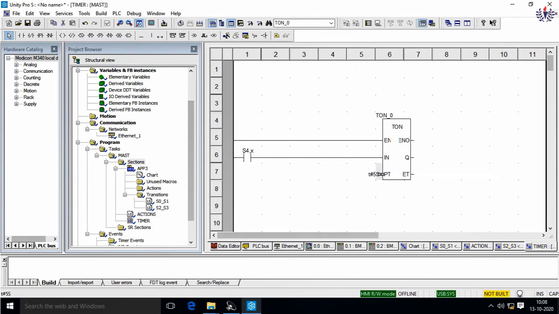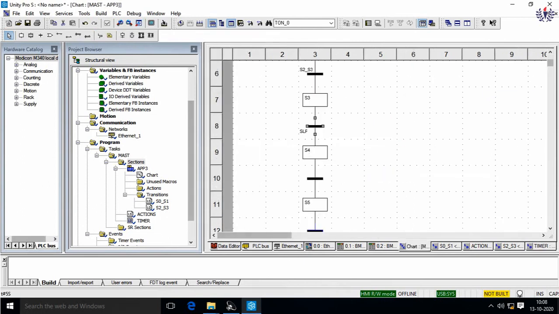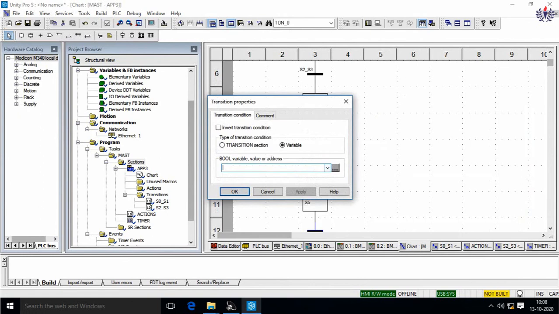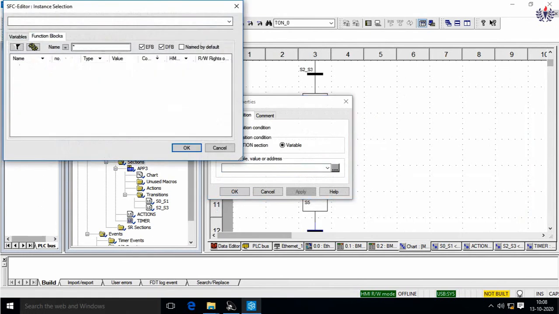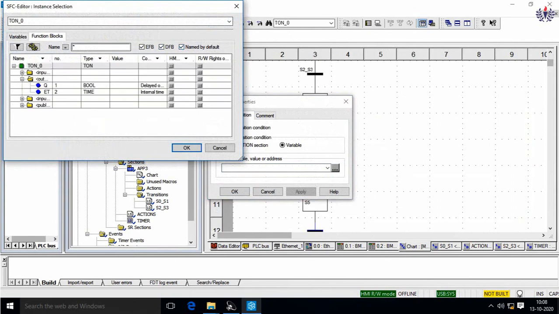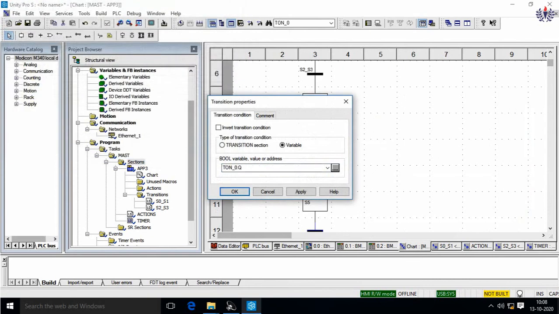Okay. Now I am coming to the chart once again. After this time delay, what should happen? The timer output should get activated. So I will click on this functional block, because the timer will be in the functional block. I have used only one timer. Remember it, for 3 delays I am using only one timer. Okay, that is also a memory saving thing.